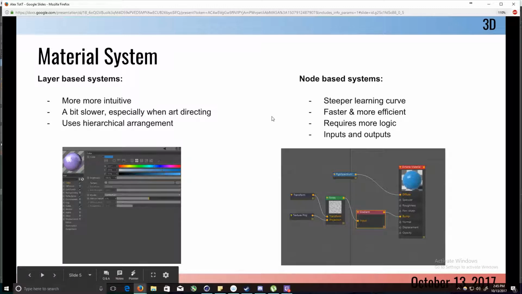Material systems. Each program is going to have a different material system. Usually you have a layer-based system, or a node-based system. You can pump out the same material using either one. The workflow is a little different, and there are some advantages to each. For example,